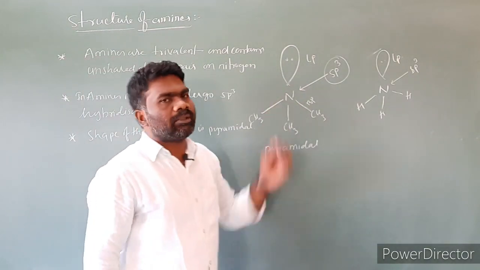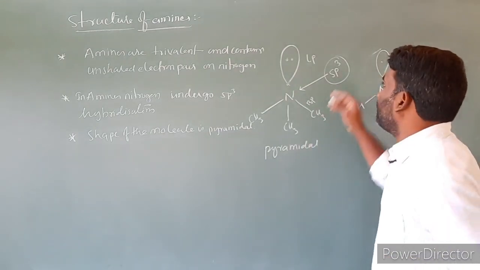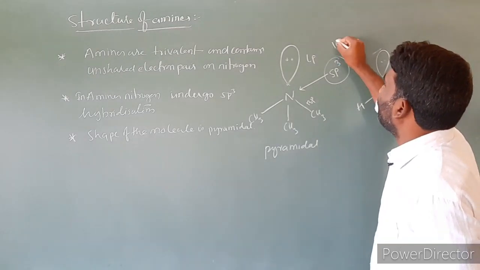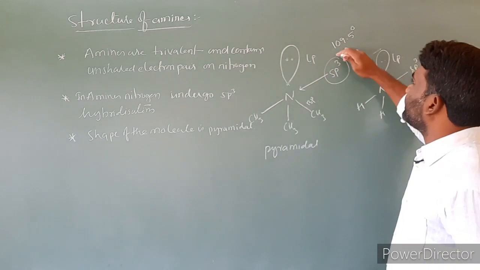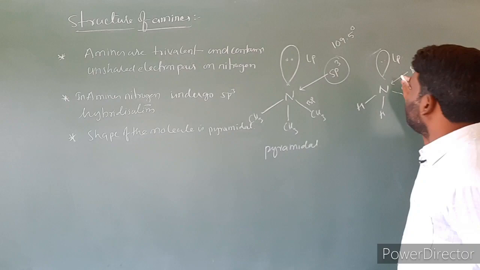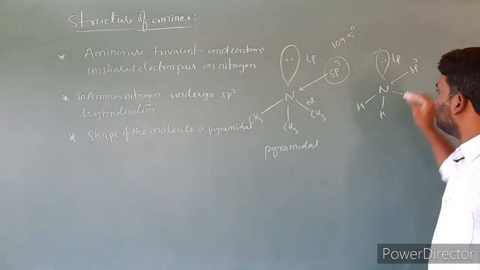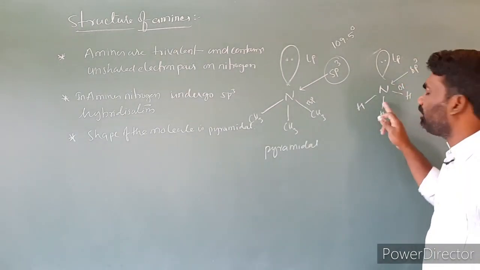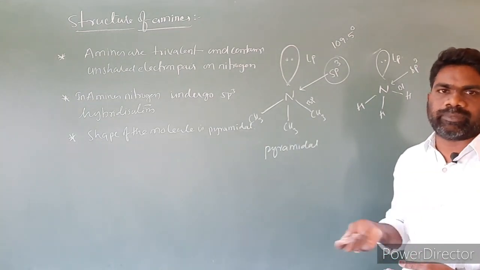The next point relates to the bond angle. The molecule contains sp3 hybridization. In general, the bond angle is 109 degrees 28 minutes, approximately 109.5 degrees. I am taking the bond angle as 109.5 degrees if the molecule contains sp3 hybridization. Now first I am taking the ammonia molecule. Here a lone pair of electrons is present, and this is the bond pair. So lone pair bond pair repulsions will operate, and bond pair repulsions are also there.